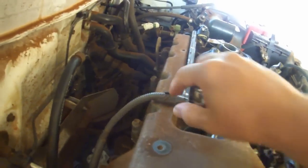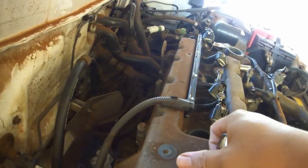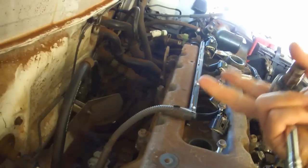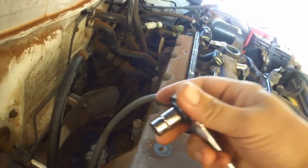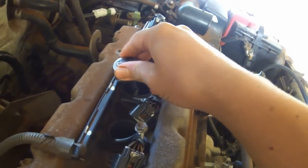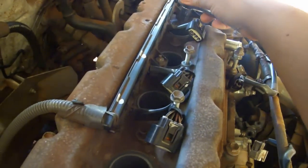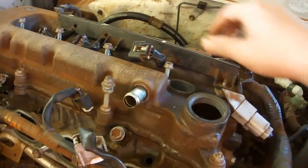Because of that, I'm unable to pick this whole thing up and drape it over on the driver's side like what was done in the forum post. So there was no way for me to lift the whole thing out as a single unit. Now we're going to take a 10mm socket and remove the 2 nuts, they said bolts, but they're nuts, from the wire harness. Remove the engine wire harness along with this extra little piece here